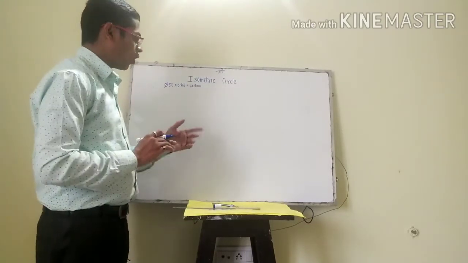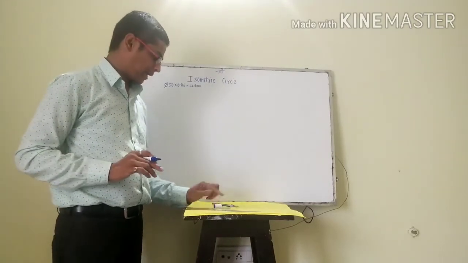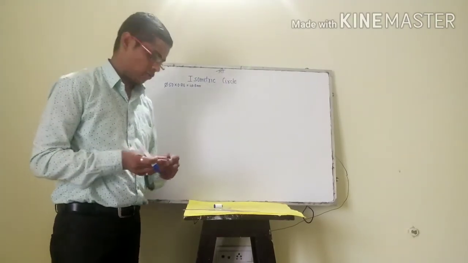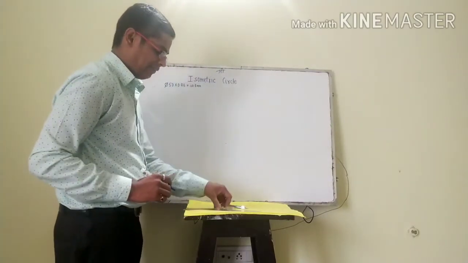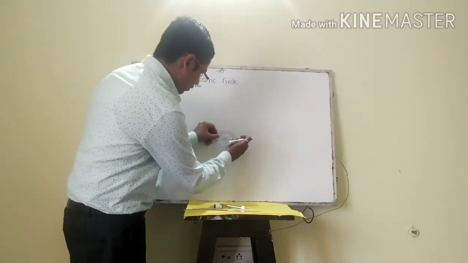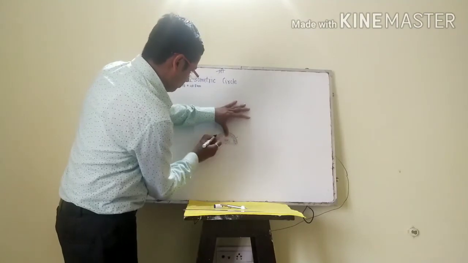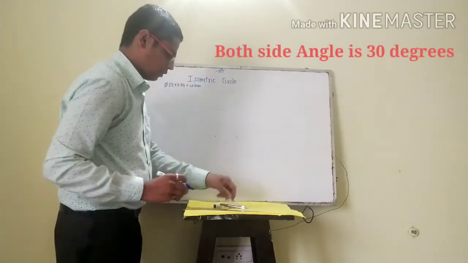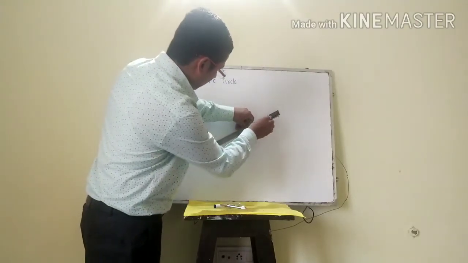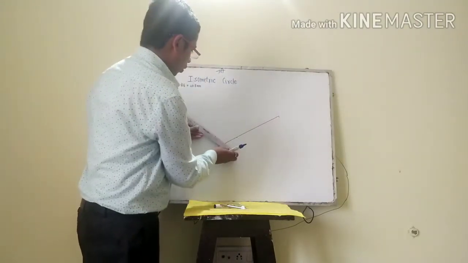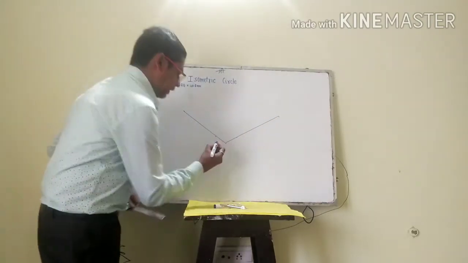To draw the diagram, first we need a scale, protractor, and then a rounder or compass. So how will I start? See, I will start with a point, keep my protractor here, and draw a line at 30 degrees on each side. Everything should be light. The length of the line, whatever length you want, you can draw. These are just reference lines.